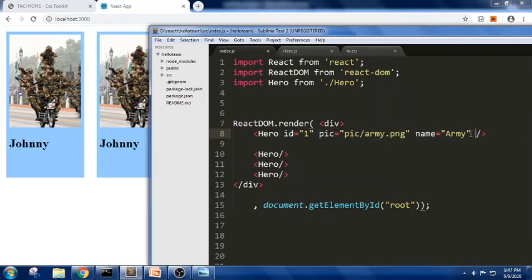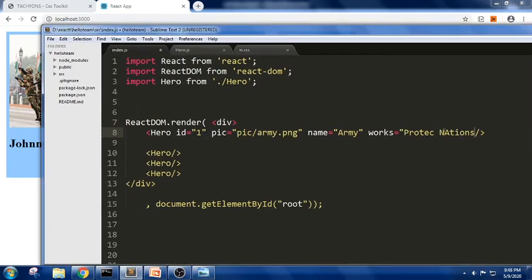Later on, one more prop, like a property for this: protects nation. I am trying to write protects nation here.